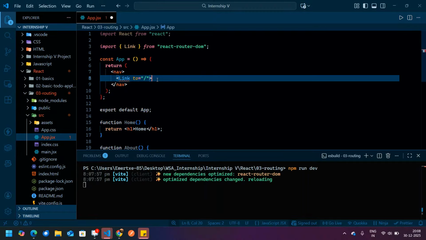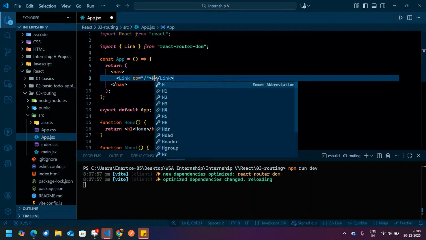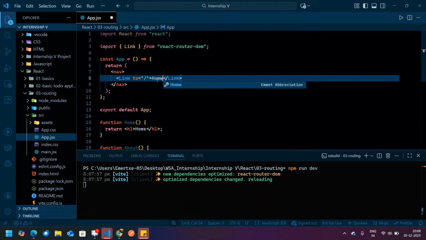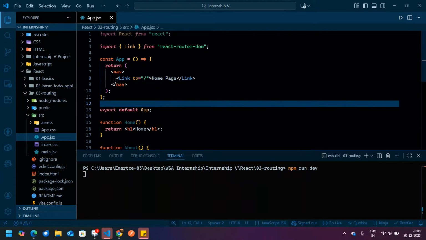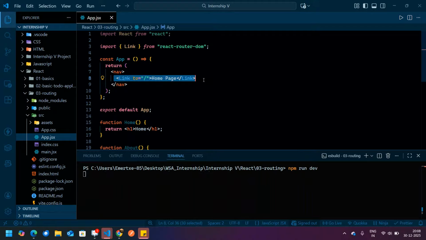Over here we have to write an opening and closing tag, and over here I will write home page. Whenever I click on this link, that is home page, it should redirect me to the home page.